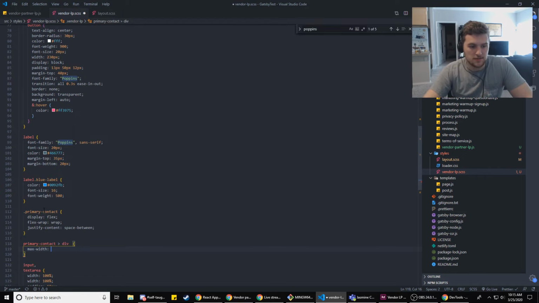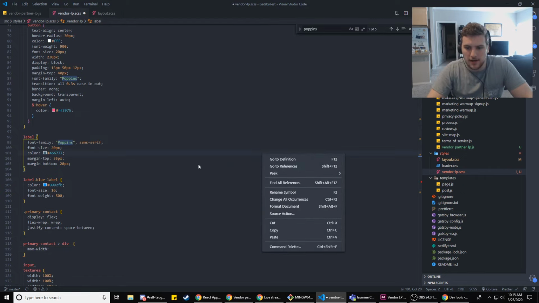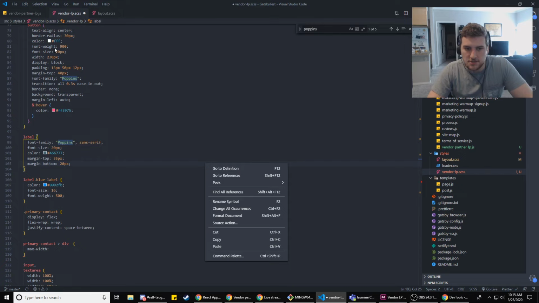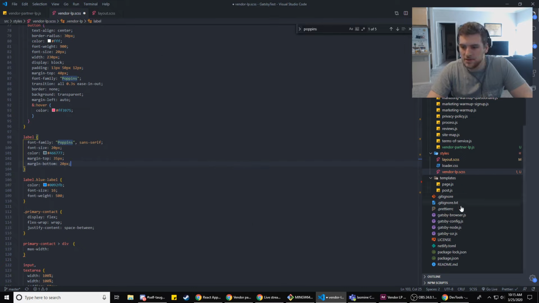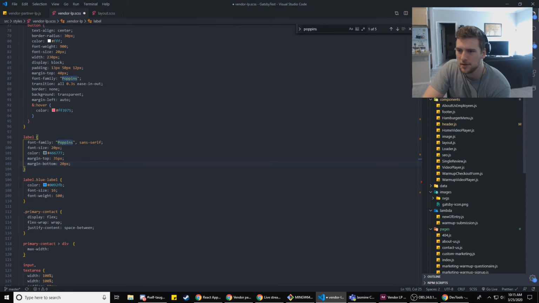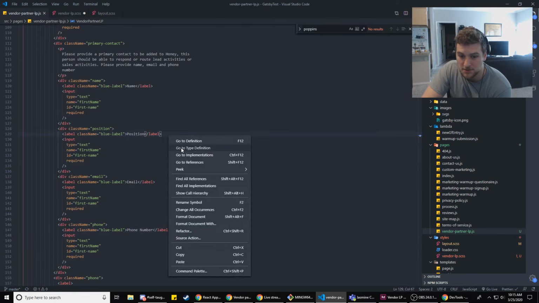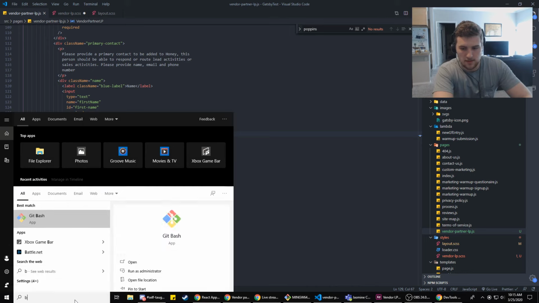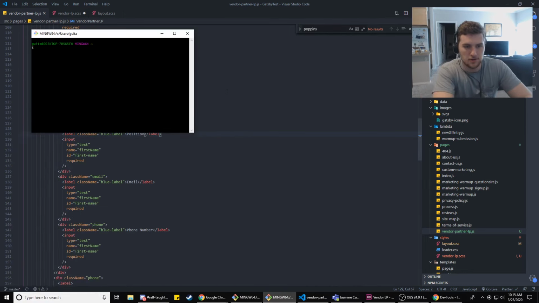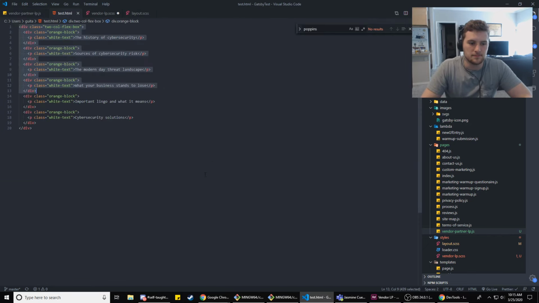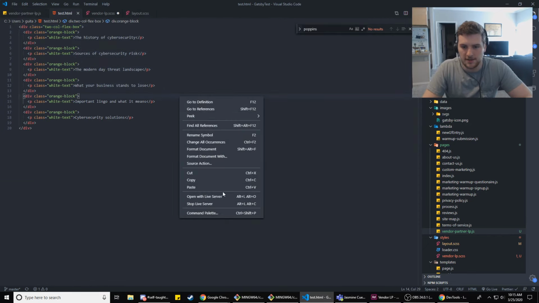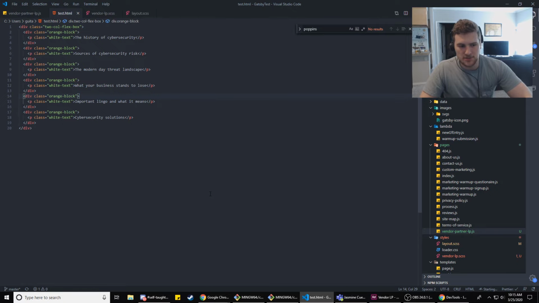Have you checked the live server for VS Code before? I don't know about live server. Wait, is it not on this one? Does it only work on HTML files? I've got something called open live server. Where's my, do I have an HTML file in here? Can I write it on JavaScript? All right, bash, and then we'll do code test.html. There we go. Yeah, I got this thing called open live server. Is that what you're talking about?